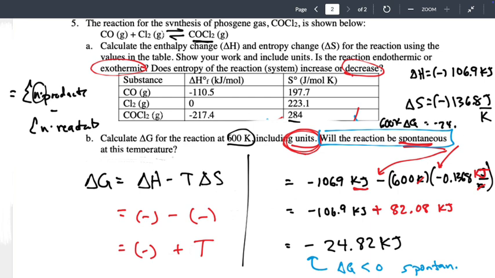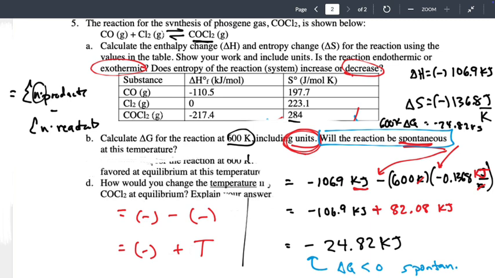Negative, what was it, 24.8? Yeah, 18 kilojoules. I'd be surprised if I need it, but